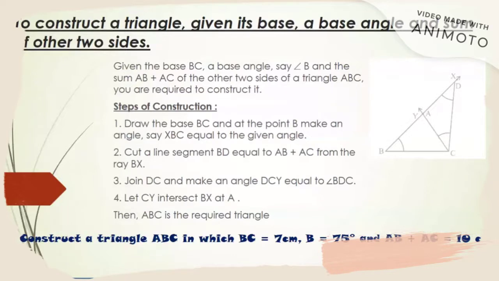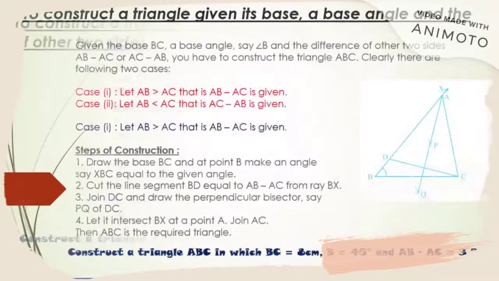So you will just mark, extend the given angle and obtain a side BD as shown in the figure. You will get that and join that with point C. You got DC here. You have to simply bisect the side DC, and after bisecting that you will get the required triangle which is shown in terms of A, B and C. So this was a construction of a triangle whenever the sum of the two sides is given.